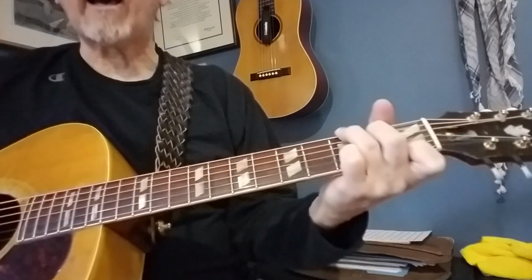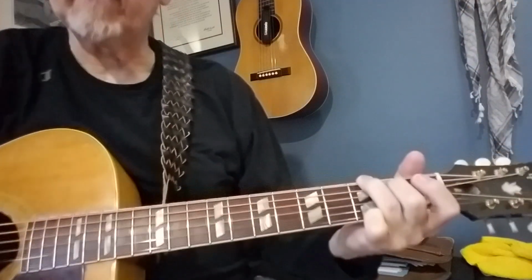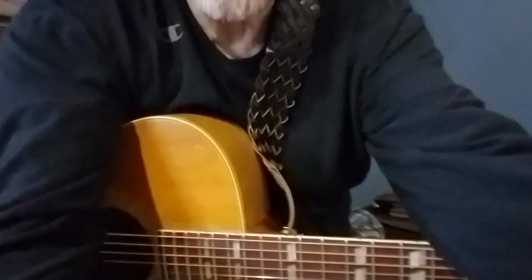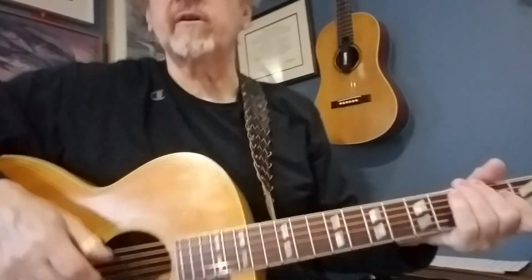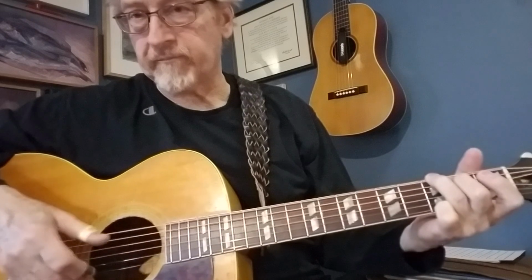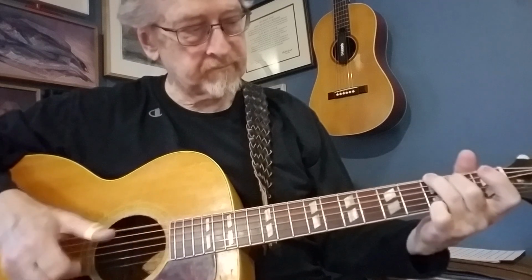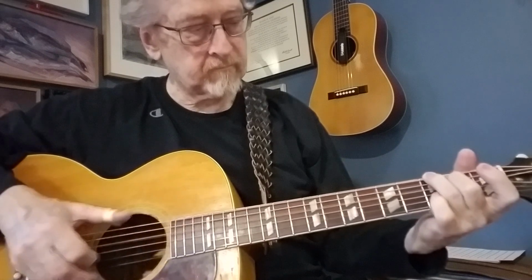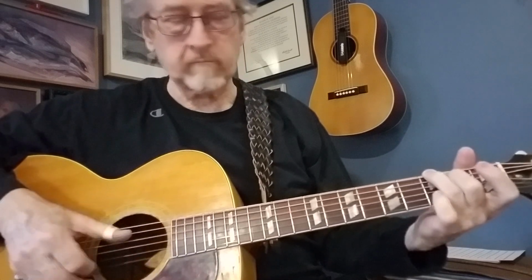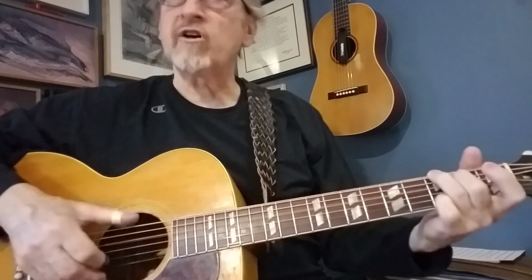Okay, so how do we put this together with the bass? Well, back to the bass. You've got to be able to play that bass without even thinking about it. That is crucial. I'm adjusting on the fly. Okay, here we go. I just hit a couple strings there, it doesn't matter. As long as you're making a chord,